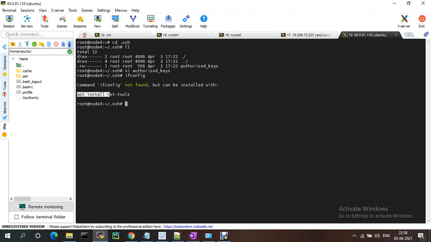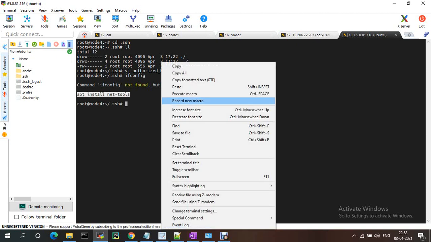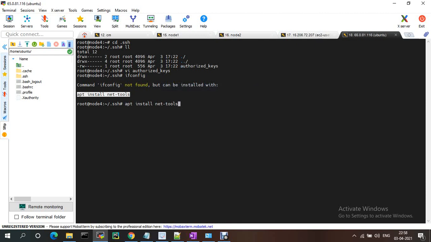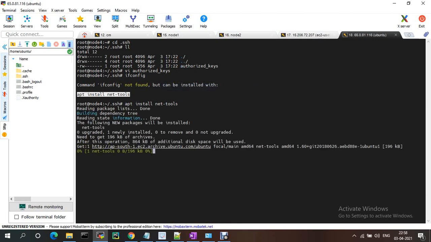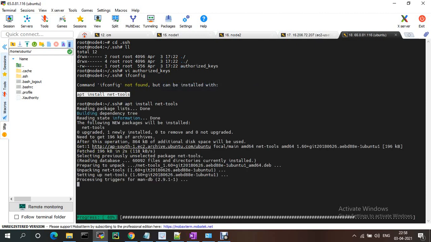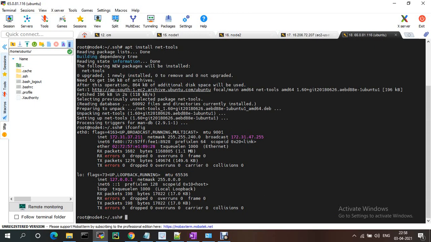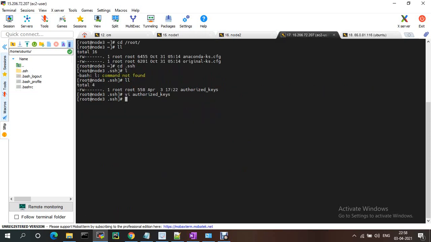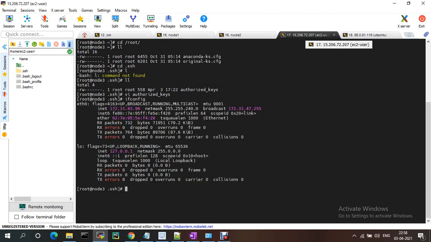So apt install net-tools to get ifconfig for the IP address. Now if you check ifconfig, this is the IP, and if you run ifconfig here, this is the IP of this node.